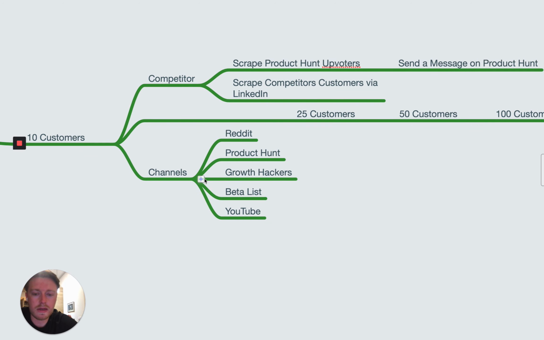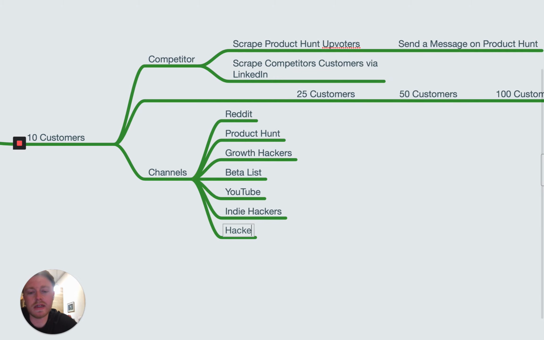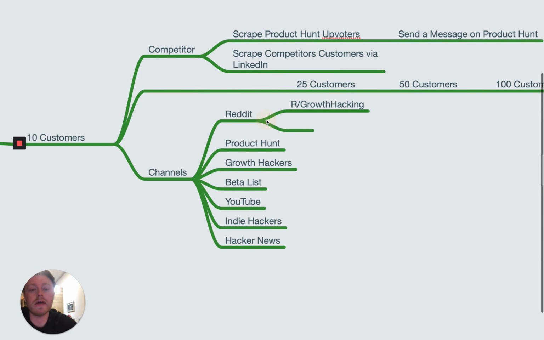Then there's Indie Hackers, and I think also Hacker News. Hacker News is a really great platform because there are huge amounts of traffic. If you can get onto the front page of Hacker News, you can expect like 300,000 visits in a day.